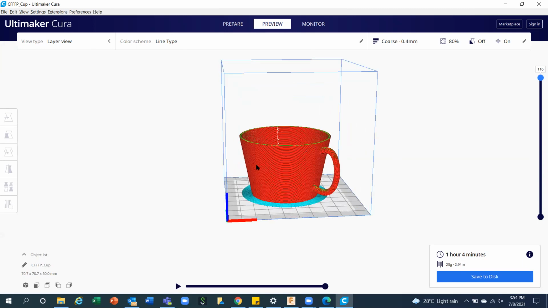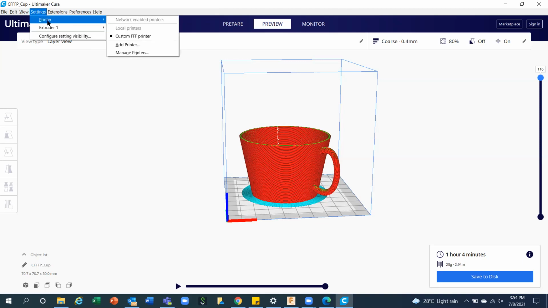Whatever you have designed, the dimension of this model is already available at the left side, 70 mm, 70 mm, and 50 mm. In any case, this would be the size Ultimaker Cura will offer. We cannot make it for our own size, whatever we want. That's a good question. You can go to the setting, there is a setting of printer. If you are using a custom printer, then this size is available. If you want to add your own printer, which is bigger in printing area, you can add a printer also.